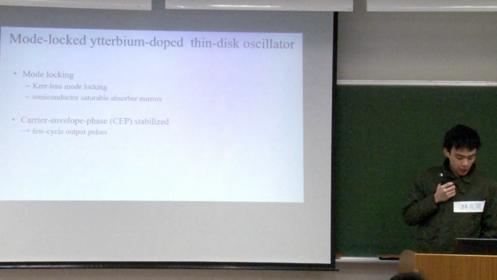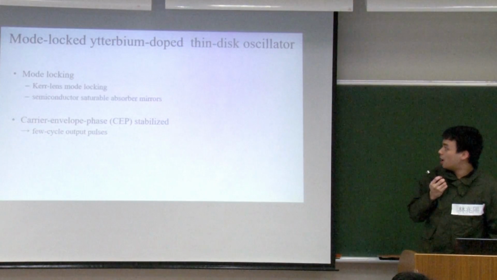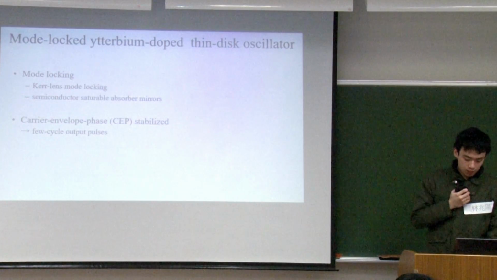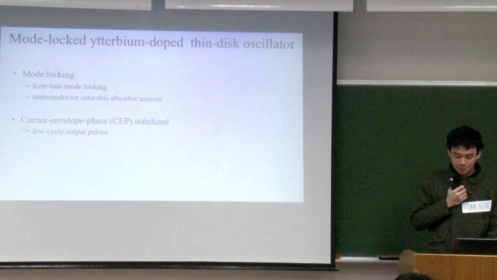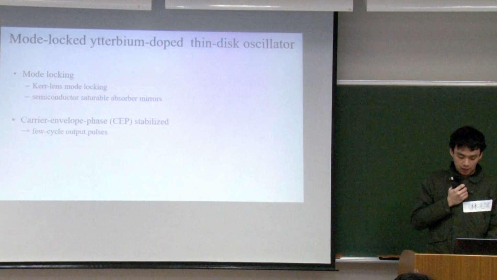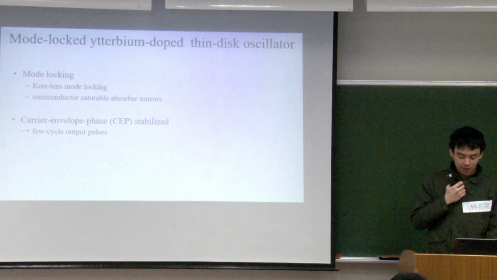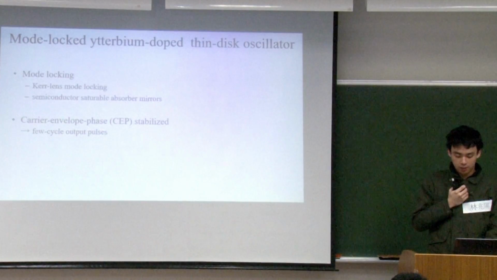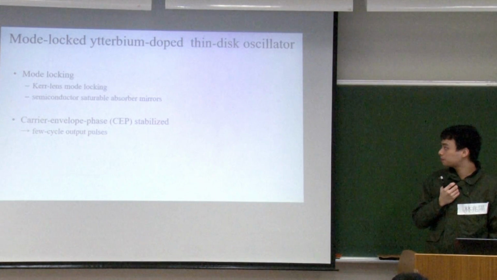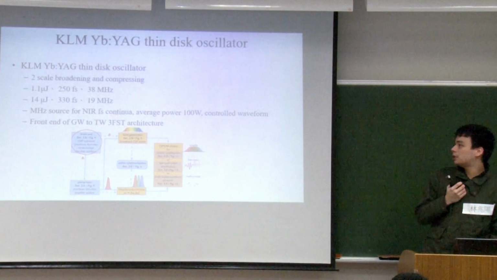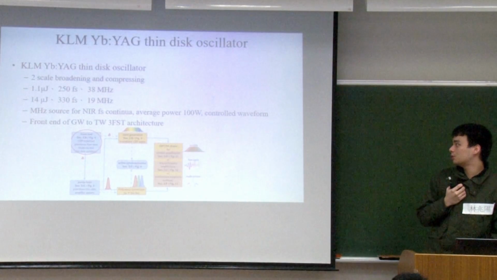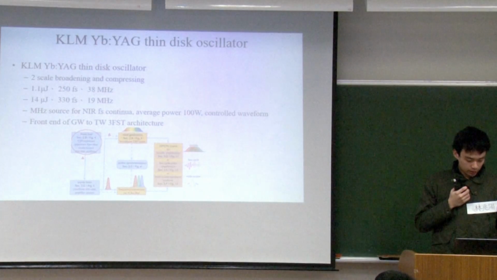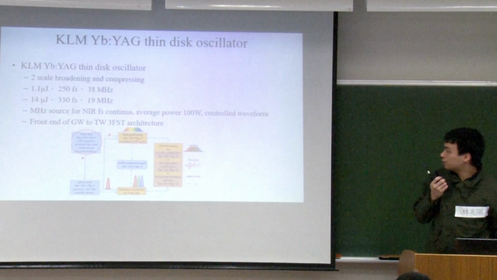So if we shine the output pulse into the mode-locked ytterbium-doped thin disc oscillator, we can generate carrier envelope phase (CEP) stabilized pulses. And the mode-locking method can be chosen from Kerr lens mode-locking or semiconductor saturable absorber mirrors. For example, if a Kerr lens mirror is chosen and a pulse with the information in line 2 shines